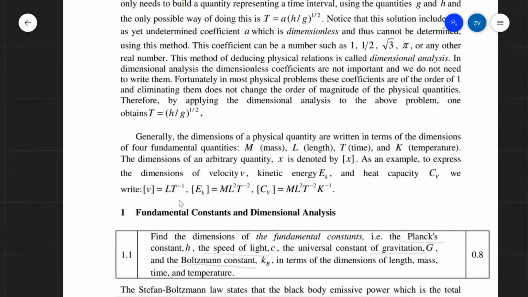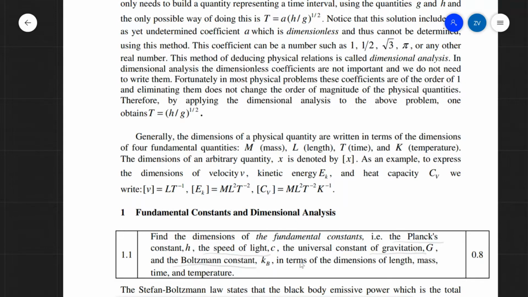If you guys are used to writing the units for velocity as meters per second, over here we are given them as the units of length per the units of time, without actually having specified the base units. So they're asking us for the first question, 1.1, to find the dimensions of the fundamental constants,